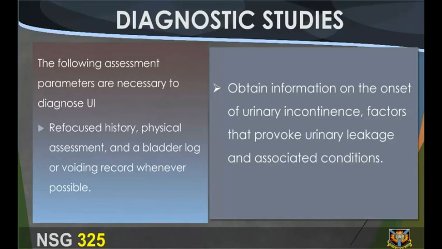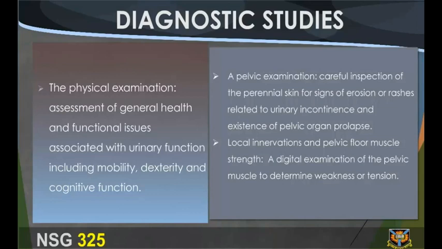Diagnostic studies. The following assessment parameters are necessary to diagnose UI: a focused history, physical assessment, and a bladder log or voiding record whenever possible. Obtain information on the onset of urinary incontinence, factors that provoke urinary leakage, and associated conditions. The physical examination includes assessment of general health and functional issues associated with urinary function, including mobility, dexterity, and cognitive function. A pelvic examination,